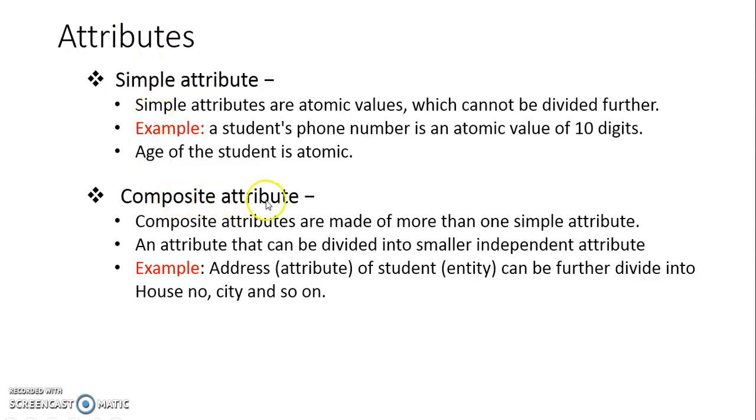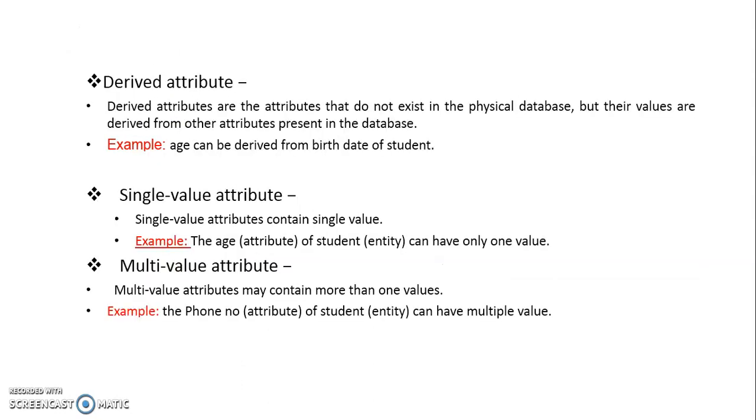Next is a composite attribute. Now it is opposite to simple. If we talk about address, if you want to know the address, we will give that the particular house number is this, then road number is this, lane number is this. So the particular address is divided into further smaller different values. So that particular attribute is a composite attribute. Like your birth date, it consists of date, month, year. Yes, we can further divide it. So such an attribute is a composite attribute.